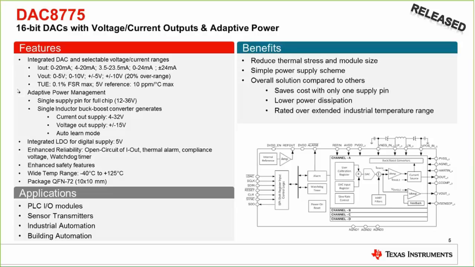Auto-learn mode is a little bit different, where if you didn't know the load but you wanted to operate in clamp mode, the device automatically detects what the load impedance is and then automatically sets the clamp voltage to an appropriate voltage to drive that load. So three different operating conditions depending on what your priorities are and the trade-offs between efficiency and slew rate or settling time.